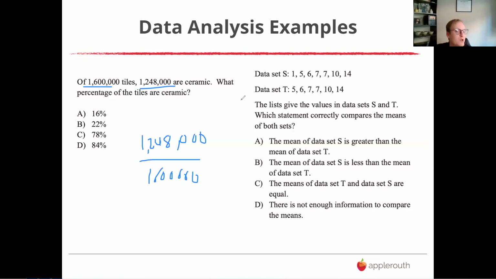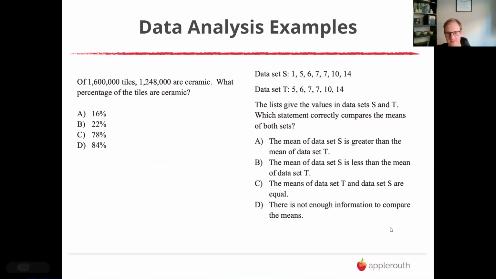And then for number 2, we could type them both into Desmos. You type in mean parentheses and then just list these numbers with commas between them. But pretty obviously, the average of this data set will be lower. I mean, that's just it, right? It's got a 1, the other one doesn't. So that will drag it down. Outlier pieces of data always affect the mean more than the median. Outliers affect the mean more than the median.